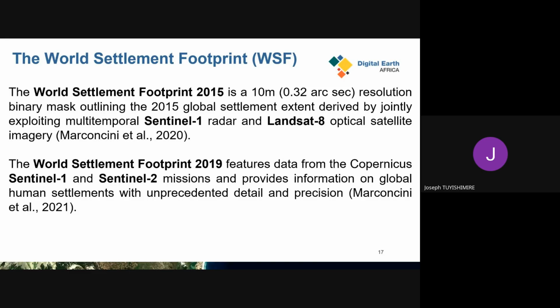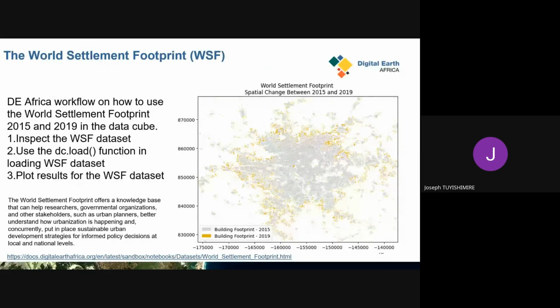And of course, the footprint for 2019 also features the Copernicus Sentinel-1 and Sentinel-2 missions, to try to understand the trend of settlements at global level. Now we are focusing on the African continent. So if I go back to the sandbox,